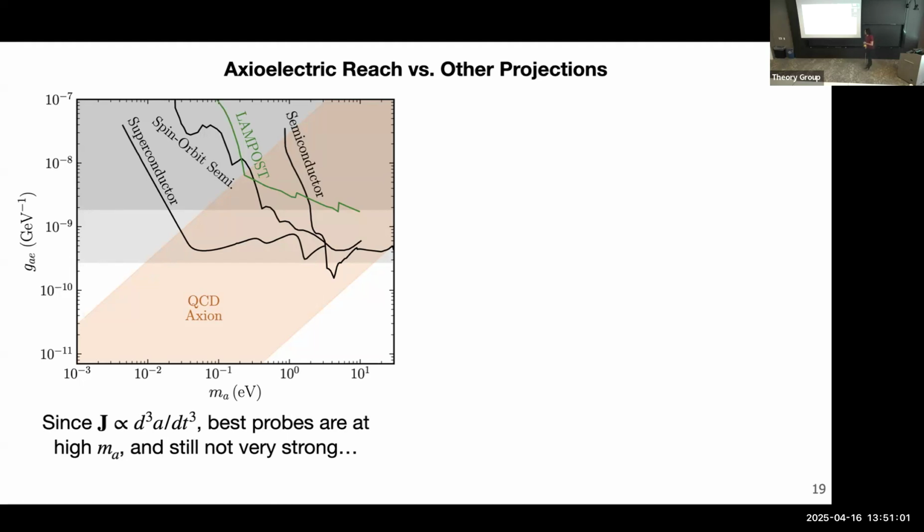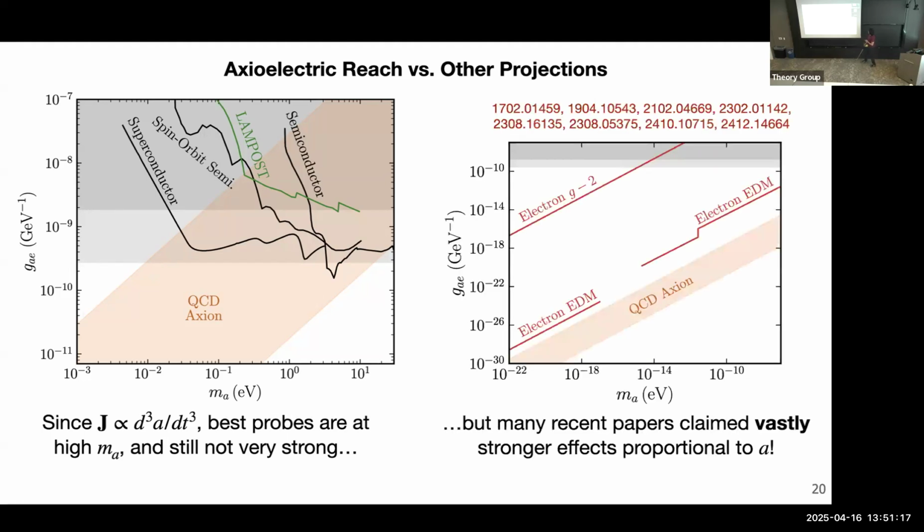So because of this, we conclude it is very, very hard to probe this coupling because the real effect of the axioelectric term is a 3rd time derivative. And the axion wind term has a 10⁻³ dark matter velocity suppression. So it seems hopeless. But then if you look at the literature, you will find many papers saying that not only is it hopeless, it's actually really easy.